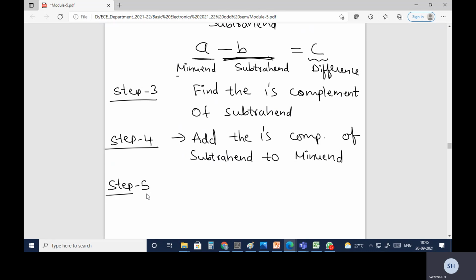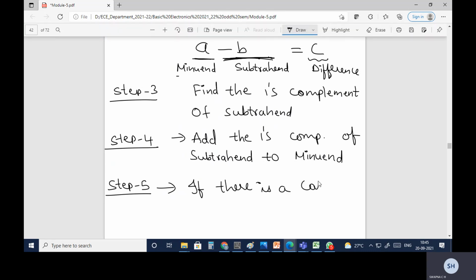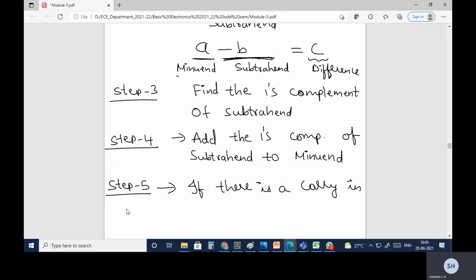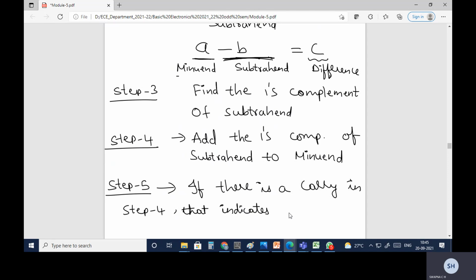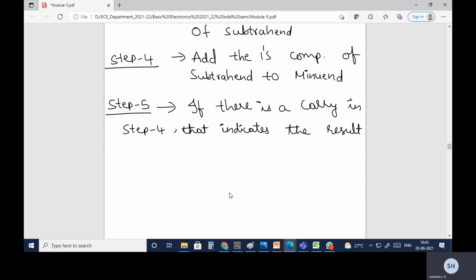Step 5: once you add this minuend and the ones complement of the subtrahend, whatever result you are getting, if there is a carry in step 4, that indicates the result is positive.